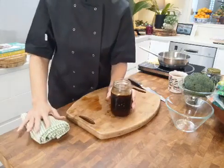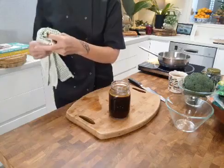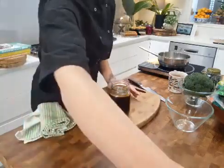Yes, we have a question, Mahi. Robbins asked, how does coconut aminos compare to tamari? Oh, great question. So the question is, because we've been talking about tamari, and if you can purchase a low sodium tamari, please do. And the reason why we purchase a low sodium tamari is because it's just got less salt, right? If you can't find a low sodium tamari, then still get the tamari, but just be mindful that